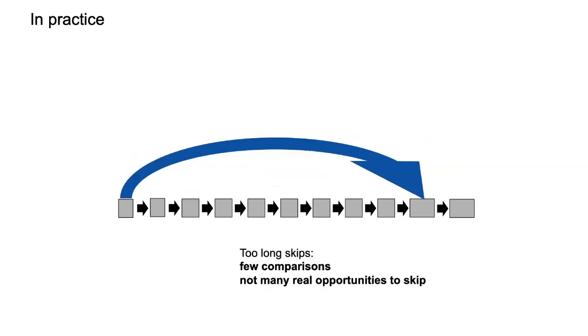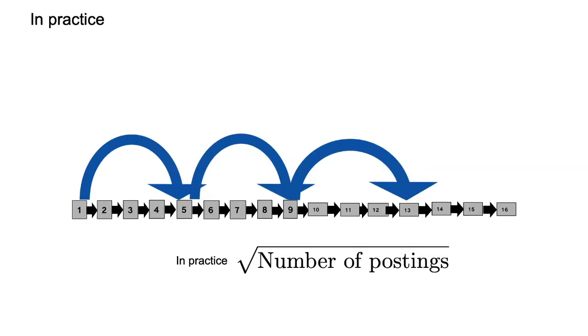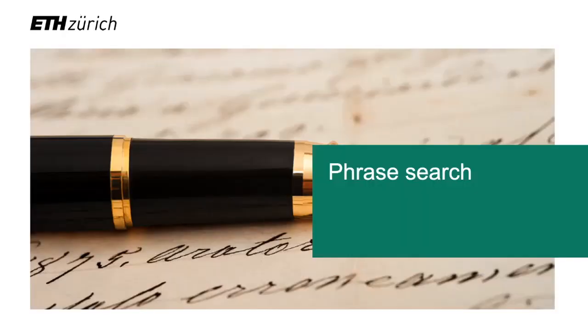But if it's too long, then you barely use it, because maybe you never get a chance to actually make any use of it. So you just take the square root of the size of the posting lists, 4 by 4, 5 times 5, 6 times 6, roughly, right? So this is what you do in practice. The square roots. Okay, who understands skip pointers? All right, so again, you need to actively program and build them if you want to use them, and typically you put them every square root postings.